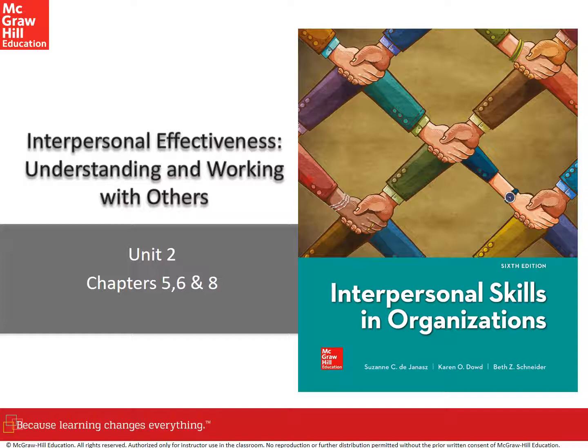In this unit, we'll talk about how to work effectively with coworkers, and we'll cover topics such as diversity, listening, strategic communication, and persuasion from chapters 5, 6, and 8. We'll weave in discussion about peer-worker relationships and work friendships. Let's start with some of the concepts in chapter 5.